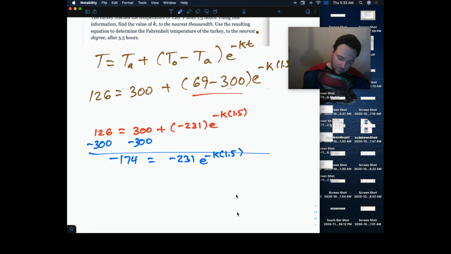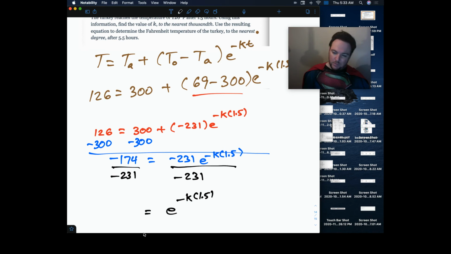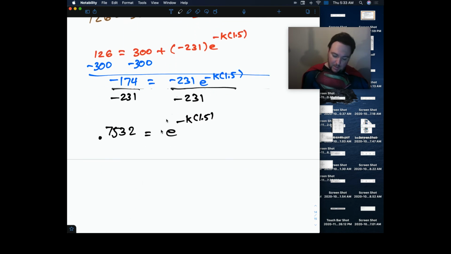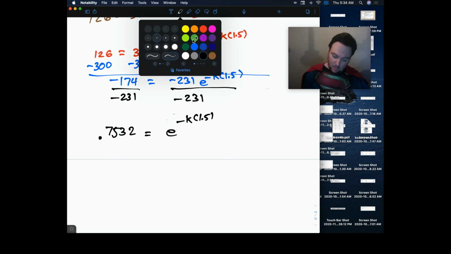I want to get rid of that, and when I say that, I mean the negative 231. So I'm going to divide by negative 231. So e to the negative k 1.5 equals, now negative 174 divided by negative 231 is going to give me 0.7532-ish. And here's where, again, this is why our last lesson was